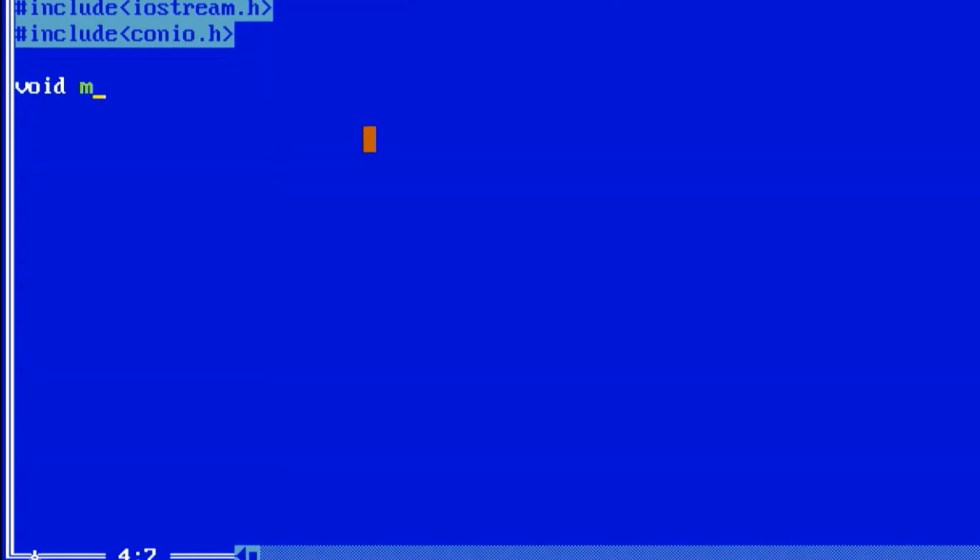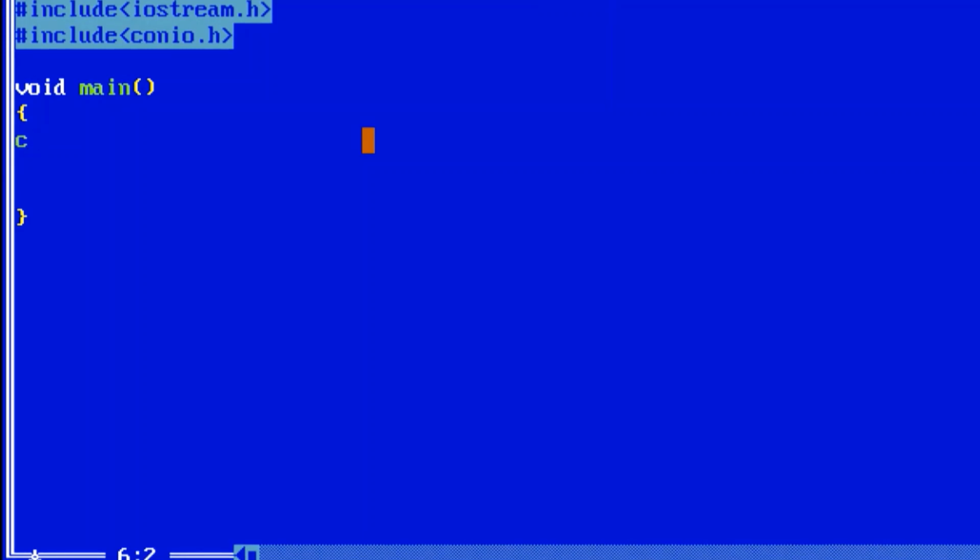In void main we sometimes use clear screen, and also the get function. These are predefined in the conio.h header file. We sometimes take input from the user by using cin, and to display the output on the screen we use cout, which are defined in the iostream.h header file. That's why these header files are used.